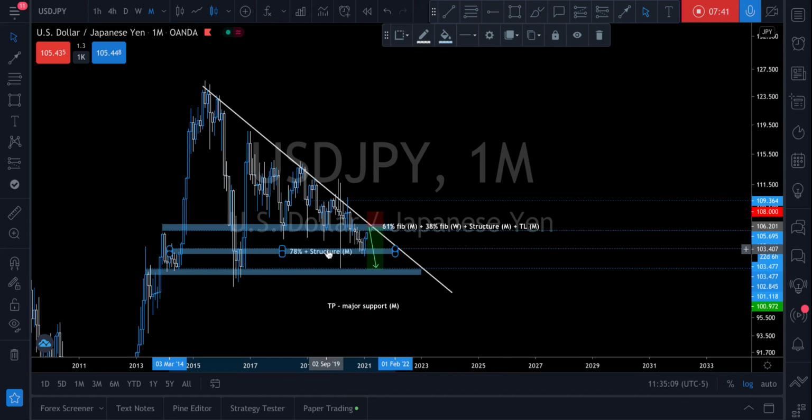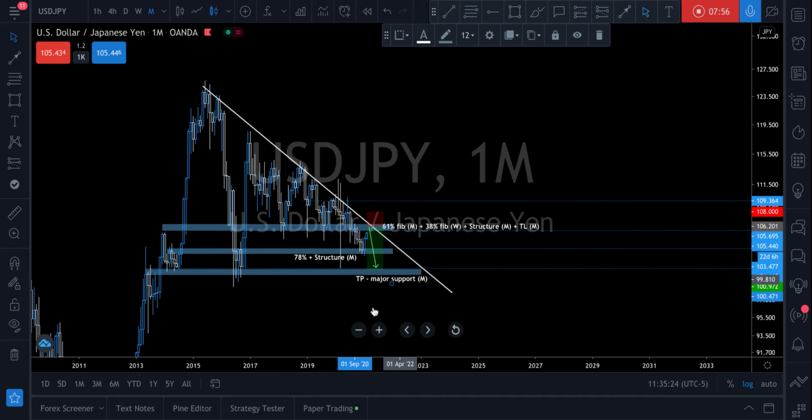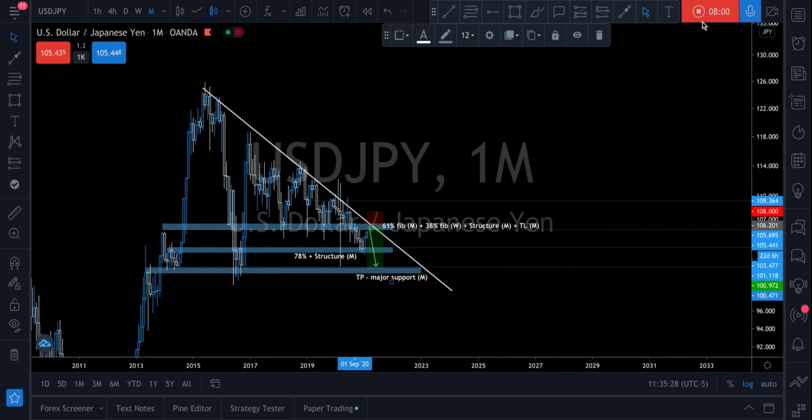So we might see some resistance here though, because like I said, this was a 78 fib zone, and it did have some structure as well, as we can see here from the past, but it's less significant than this. So keep that in mind, guys. We might see some resistance, but ultimately our TP is going to be down here. So this is USD Japanese yen, and I'll see you guys in the next